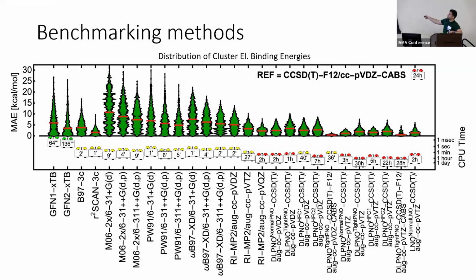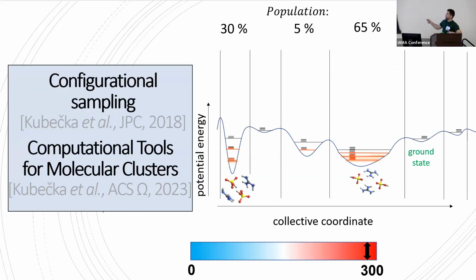So you need this kind of method, very high accuracy, but computationally demanding. It means that I need 30 hours, for instance, to calculate one energy with good accuracy. One energy means one point on this potential energy surface, but I need the whole potential energy surface. I have a molecular cluster that can have different sizes, different numbers of molecules, and also different cluster types. That is so many calculations that we just cannot do using quantum chemistry, and we need machine learning.